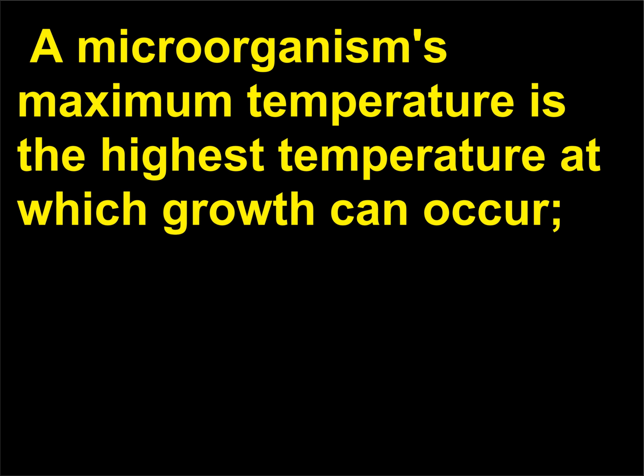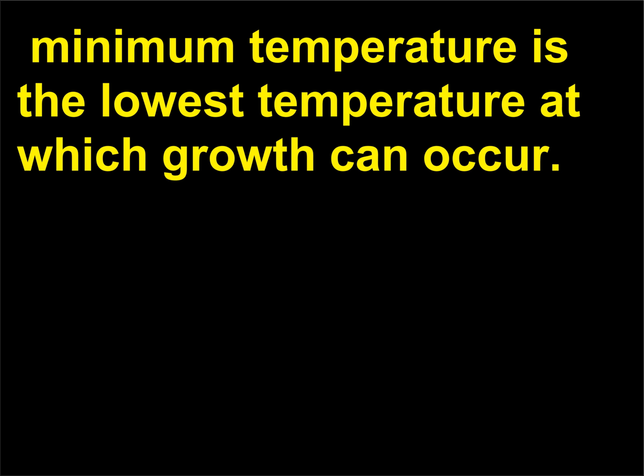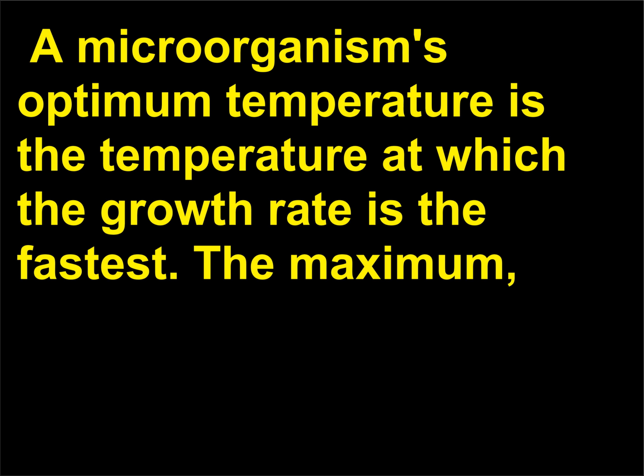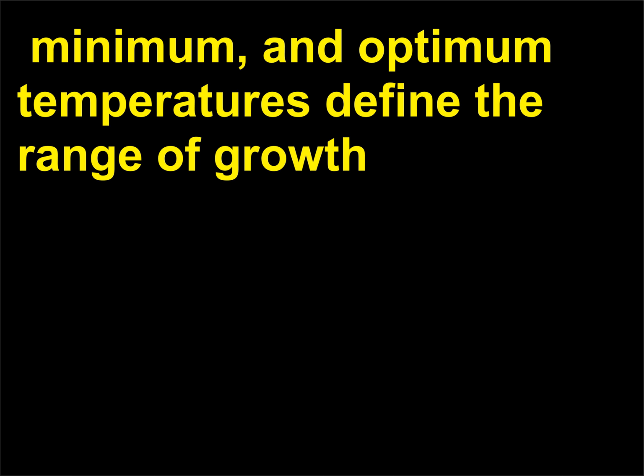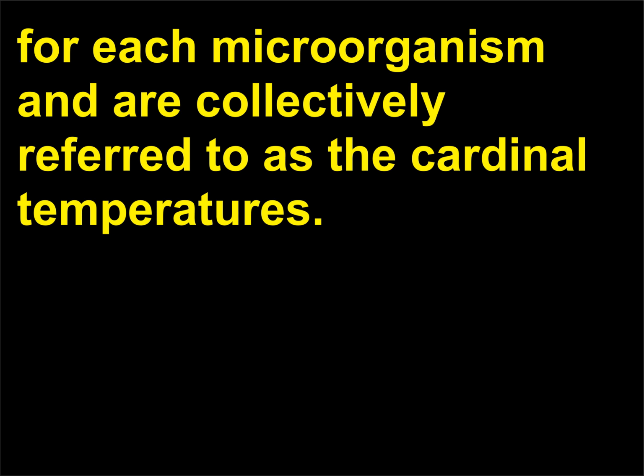A microorganism's maximum temperature is the highest temperature at which growth can occur. Minimum temperature is the lowest temperature at which growth can occur. A microorganism's optimum temperature is the temperature at which the growth rate is the fastest. The maximum, minimum, and optimum temperatures define the range of growth